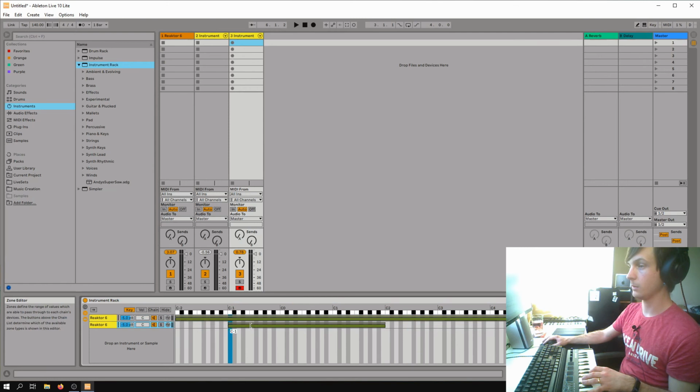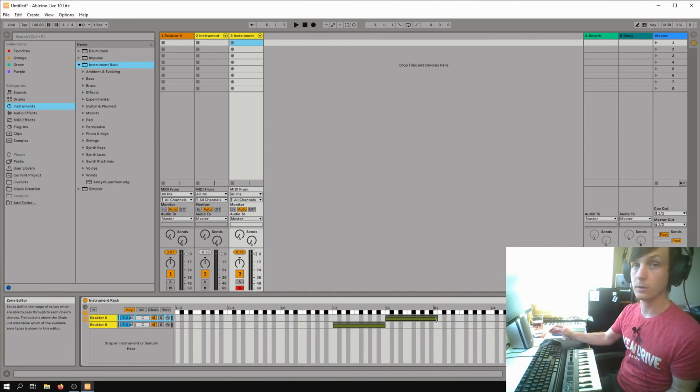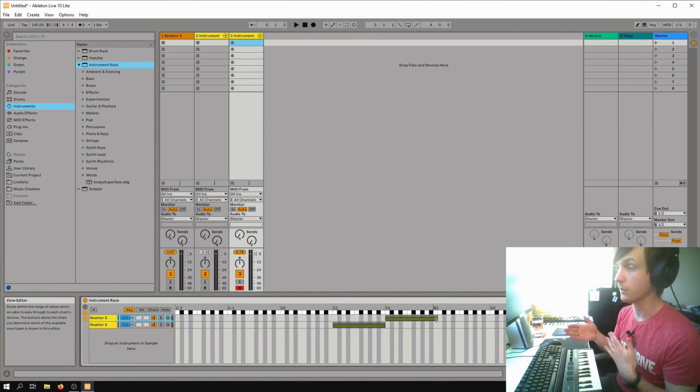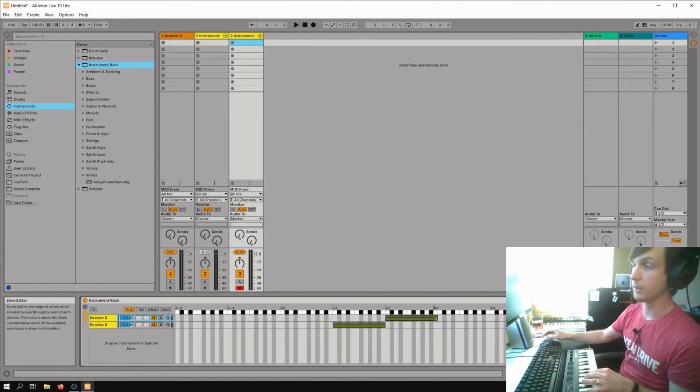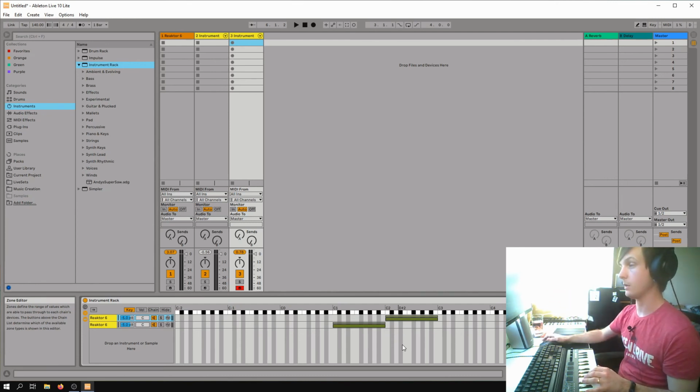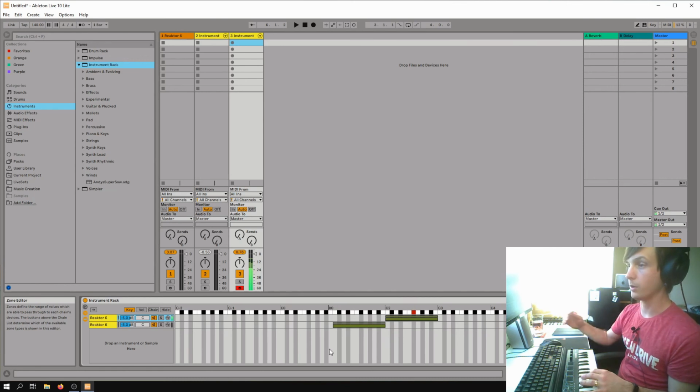So if we go like this and like this, and you can do this split however you want, depends on what key your song's in. So you might decide that you don't want the split to start on C. You might want it to start on F sharp or A or whatever it happens to be. But now you can hear it's only playing that. You can actually see it down here. It's only playing that one,